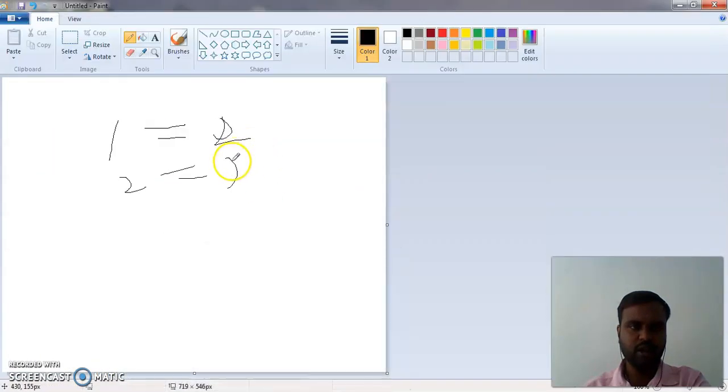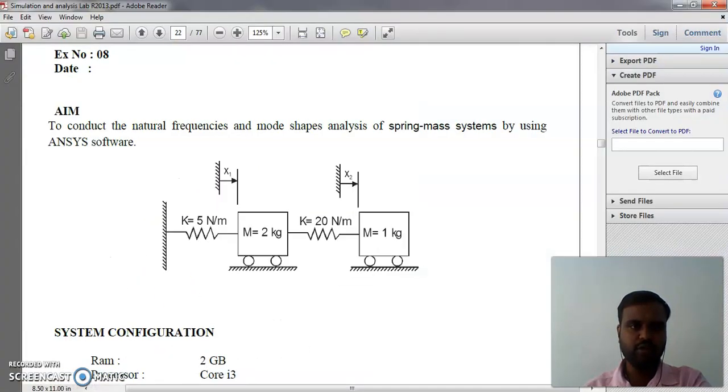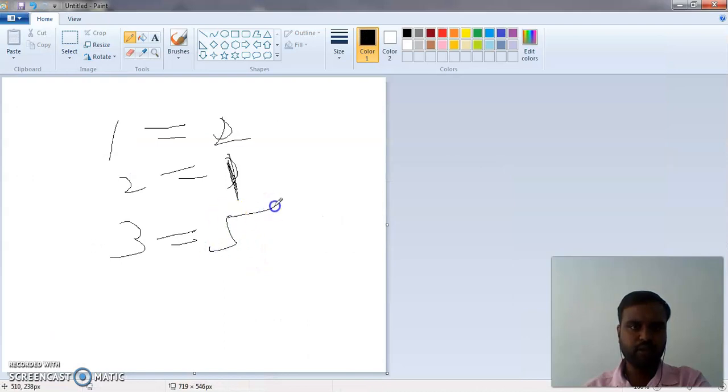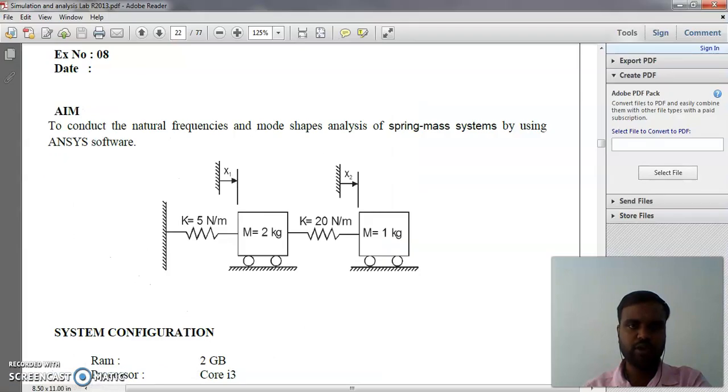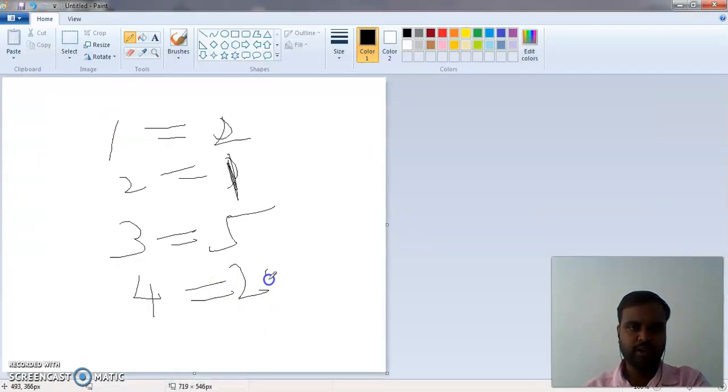Second mass is 1 kg. Third, I have given the spring stiffness value. Spring stiffness value is 5. Fourth is again a spring stiffness value, it is 20, right? First is mass, first 2 and all mass, second K, okay.